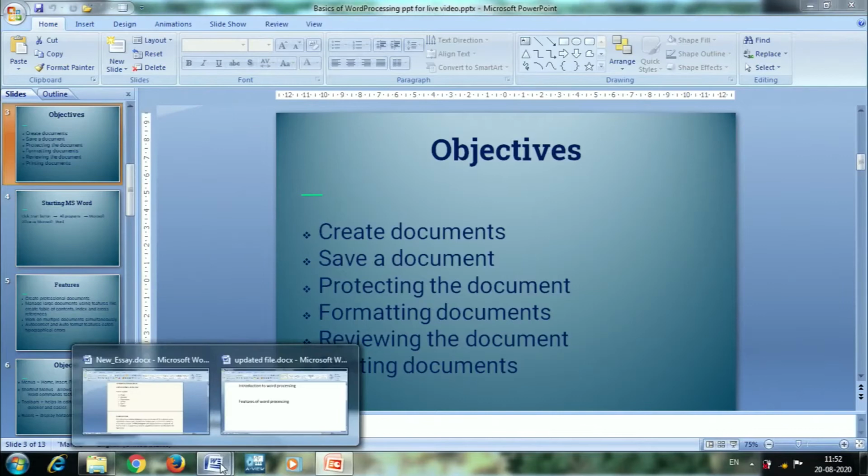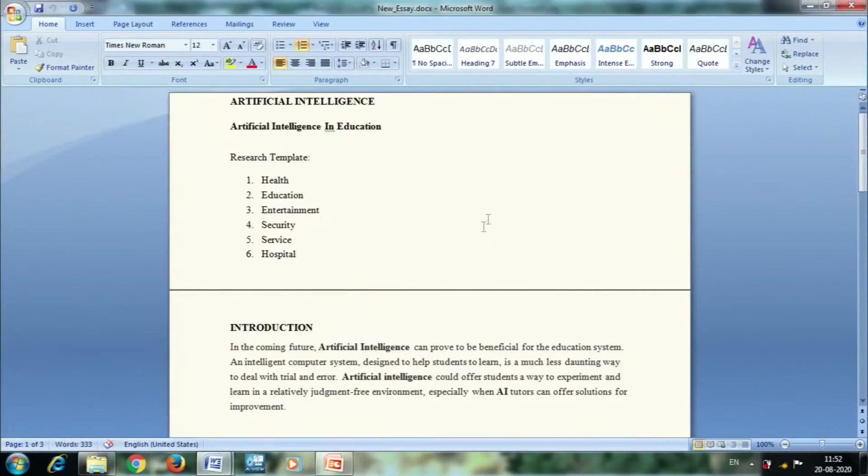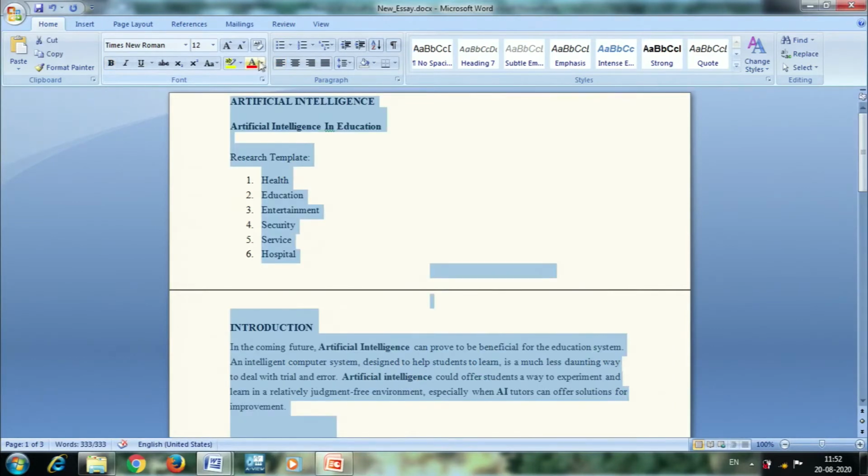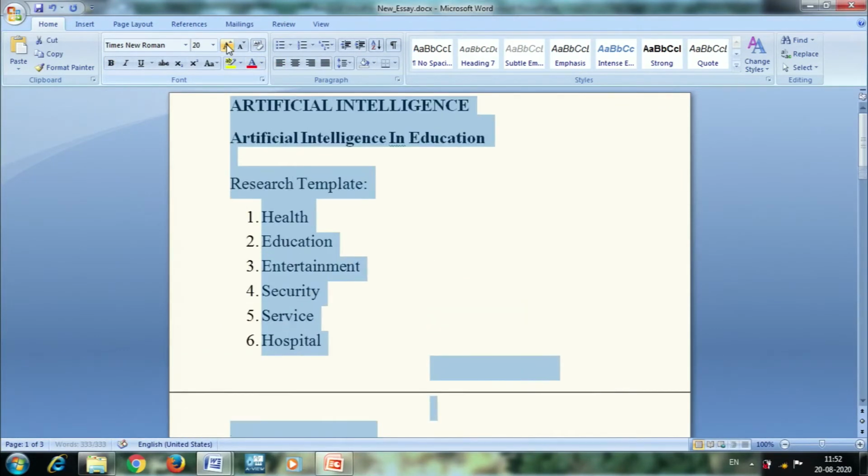Next, we will discuss how to format our document. I have one document here. If you see, the headings are entered in full caps. I hope you are able to see my document. I am increasing the font size.